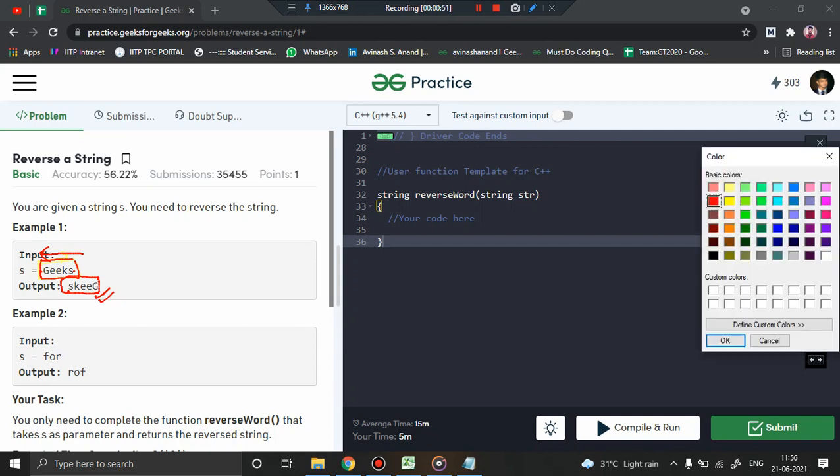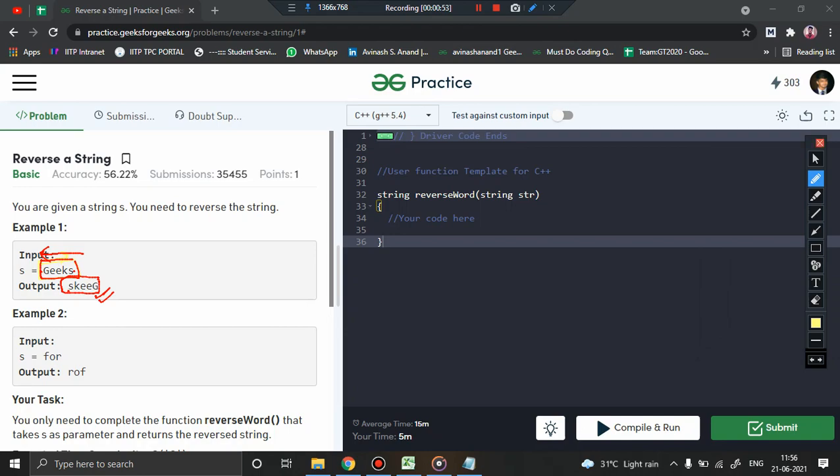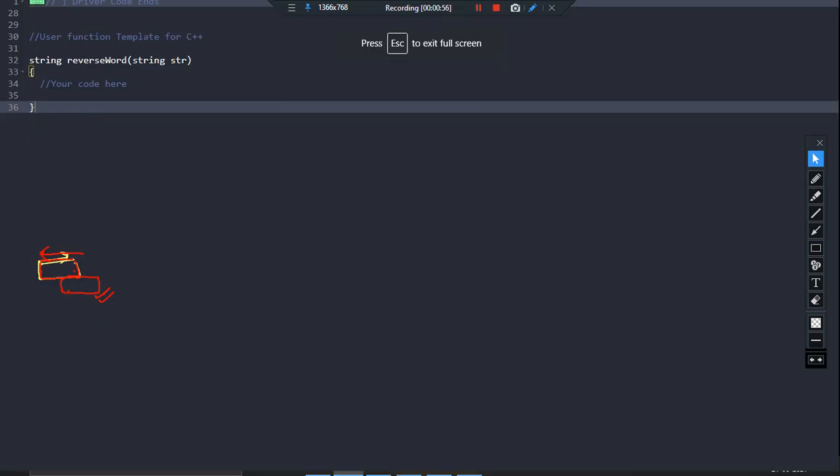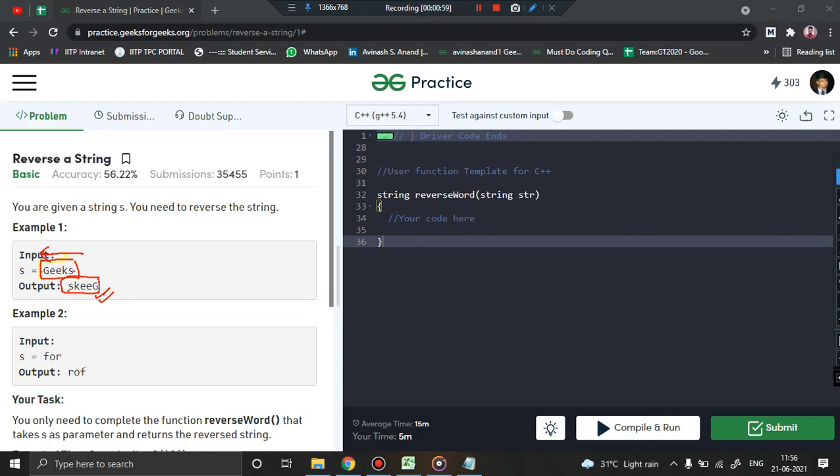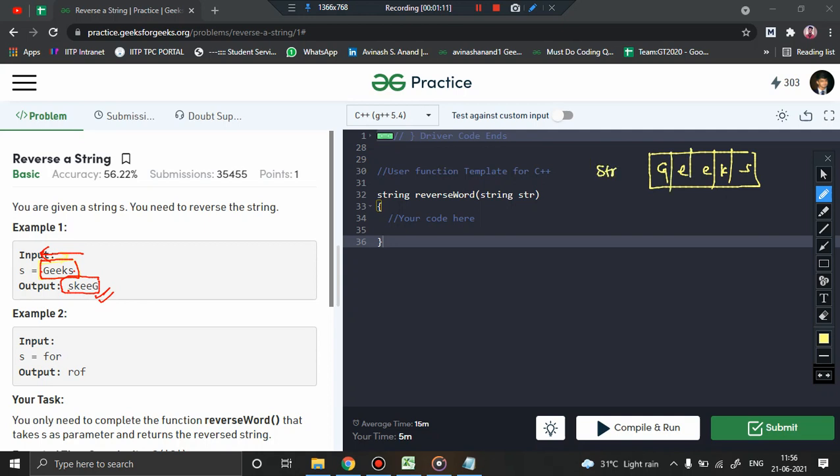Now what are the different approaches of solving this particular problem? So I shall discuss the approach. The very first approach that I'm going to use is I will be storing the entire string into an array. Now this is already an array, right? Array of characters, geeks. The str is already an array of characters. What will I do? In the first approach, I'll keep a pointer i to the first index and a pointer j to the last index. I will be incrementing i, decrementing j, and as long as my i is less than or equal to j, I will just swap the str of i with str of j. That's it. This will be my basic algorithm, right?